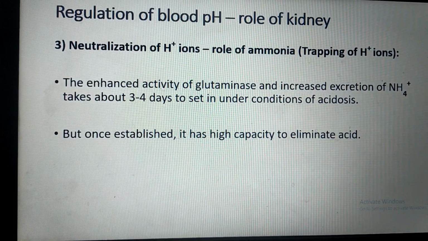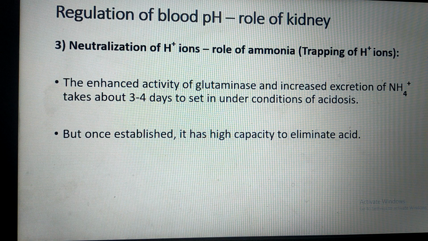Normally this glutaminase in normal condition is not very active, because in normal condition whatever H plus ions are excreted into the lumen, they are neutralized by the phosphate buffer system. But in case of acidosis, metabolic acidosis, when more H plus ions are excreted by the kidney and the phosphate buffer is unable to handle this extra H plus ion load, at that time